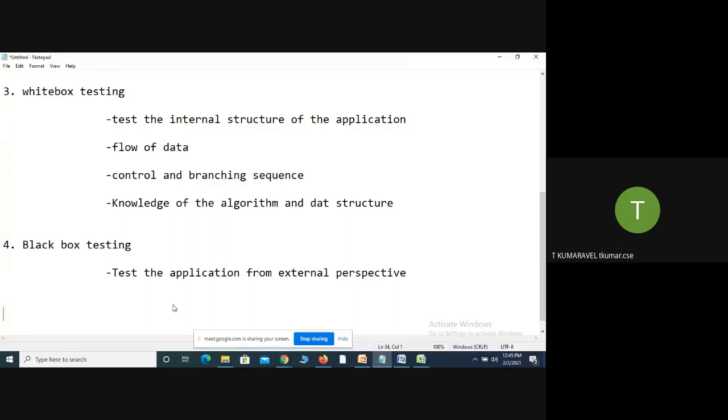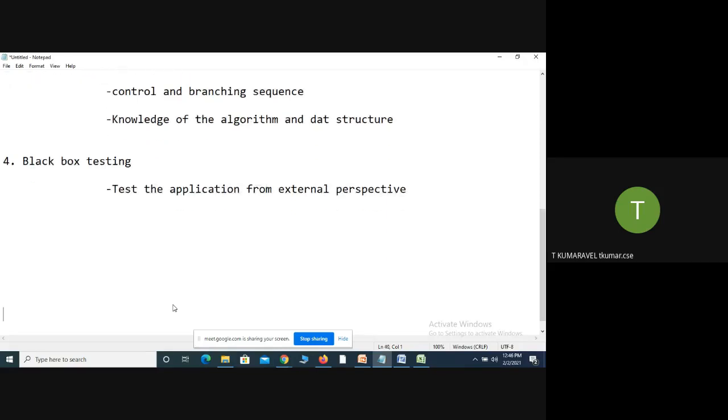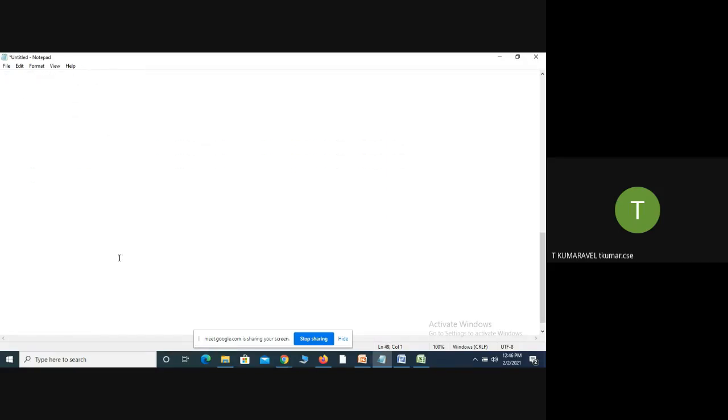Previously we talked about dynamic code analysis. In dynamic code analysis, one of the methods is called code review. In the code review, we check, suppose you have n number of statements in your program, while performing the testing, how much percentage of the code you have tested. That we call testing levels.